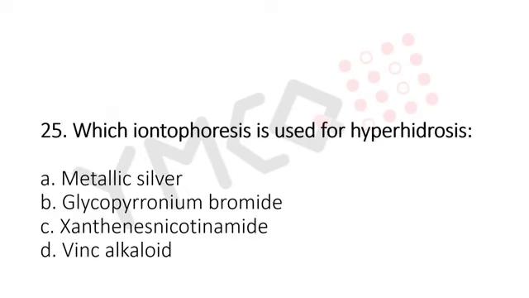Which iontophoresis is used for hyperhidrosis? Option A, metallic silver. Option B, glycopyrronium bromide. Option C, xanthine nicotinamide. Option D, vinca alkaloid. And the answer is